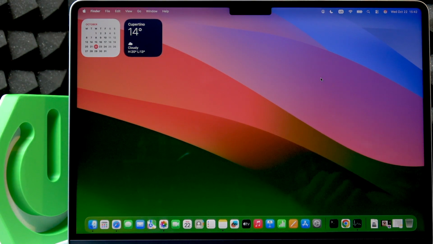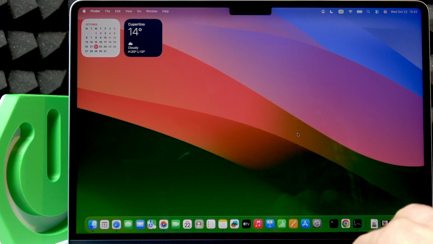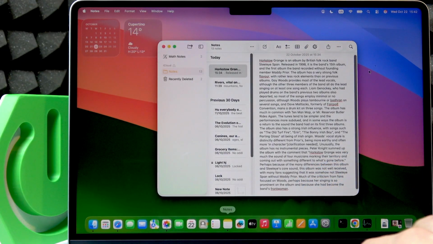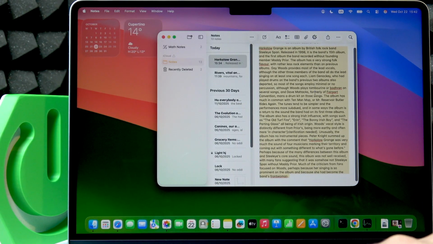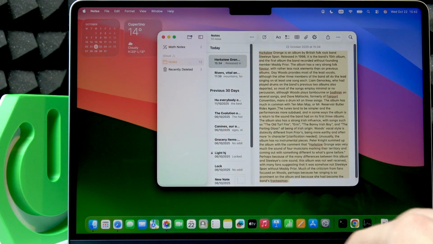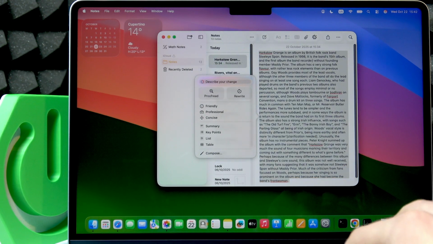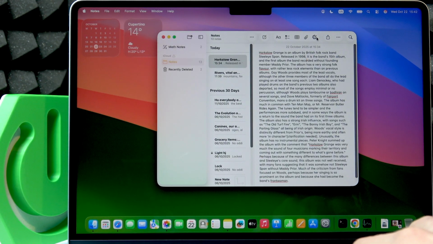First of all, you can summarize and optimize text in many different applications that use text. But for example, let's use Notes. Here we have a full article about a musical album. As you can see, it's not formatted, and it's also way too long and too hard to read. So I want to summarize it. To do this, I just have to click this